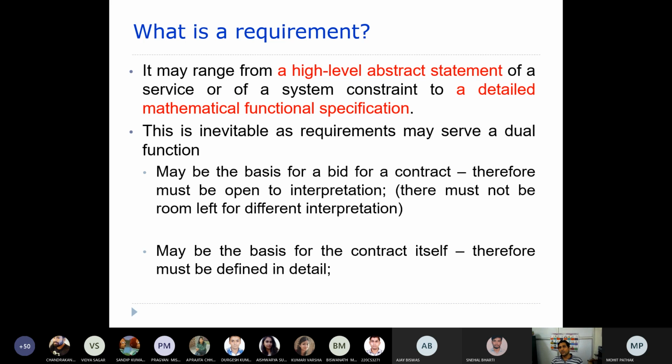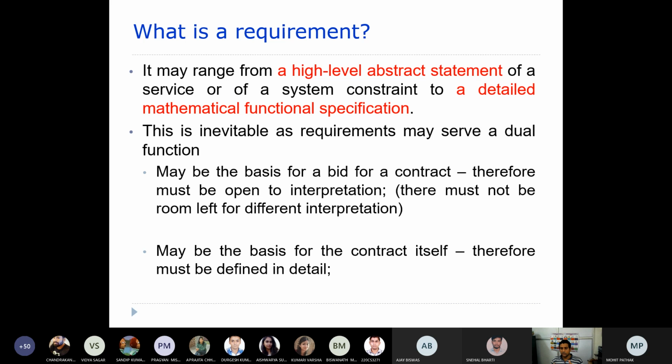That means once the bidding is over and a company has won that particular bid, now what will happen? Now the requirements that should be developed, or that should be provided through the software, will also be written in the document.